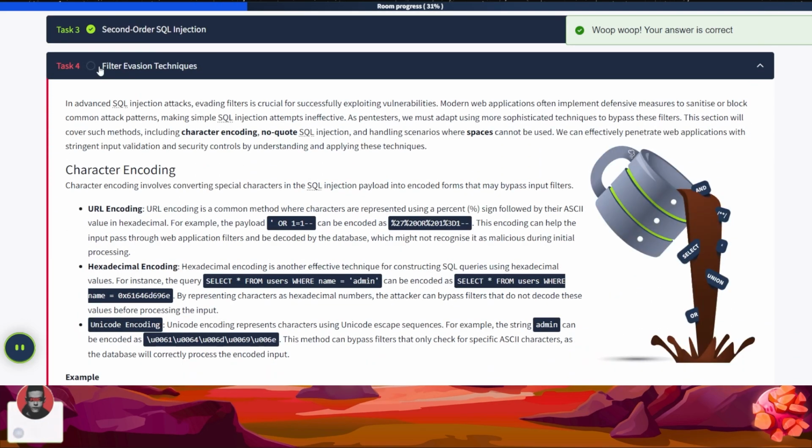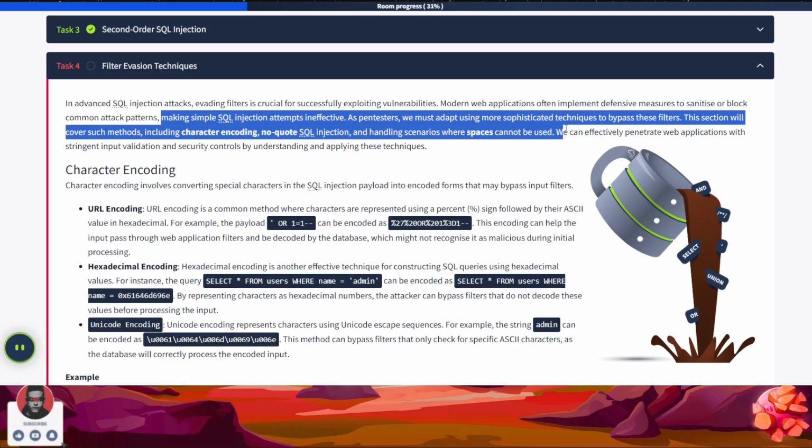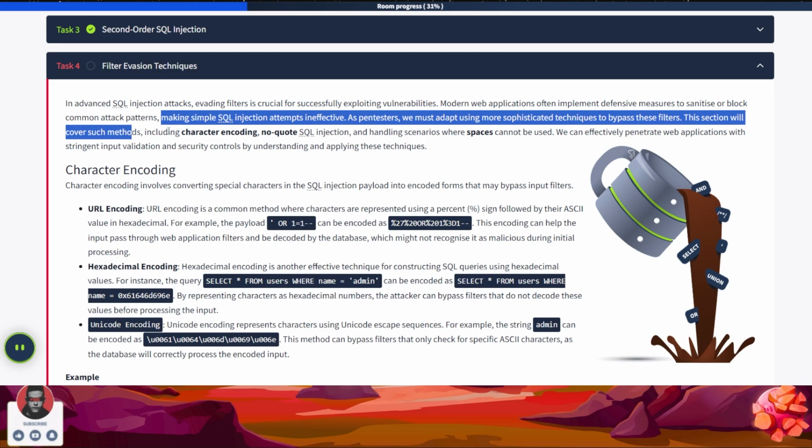Filter evasion techniques. So let's take the pen and paper again. Filter evasion techniques in advanced SQL injection. Evading filters is crucial for successfully exploiting vulnerabilities. Modern web applications often implement defensive measures to sanitize or block common attack patterns, making simple SQL injection attempts ineffective. As pen testers, we must adapt using more sophisticated techniques to bypass these filters. This section will cover methods including character encoding,